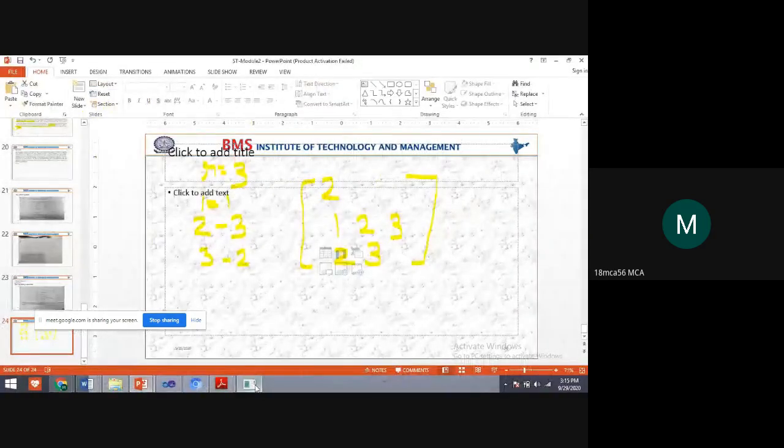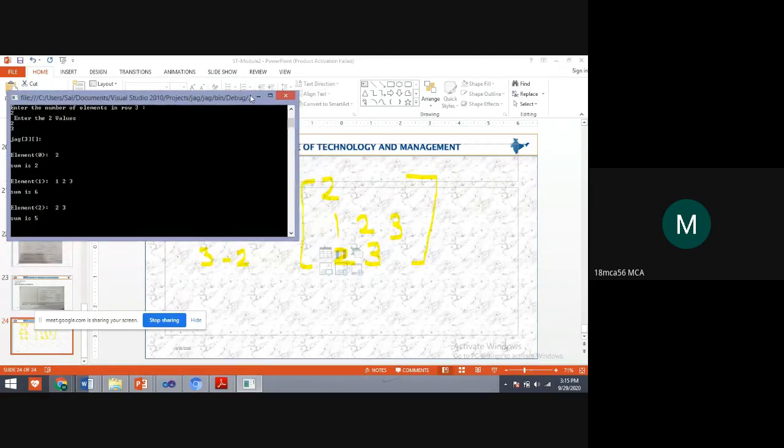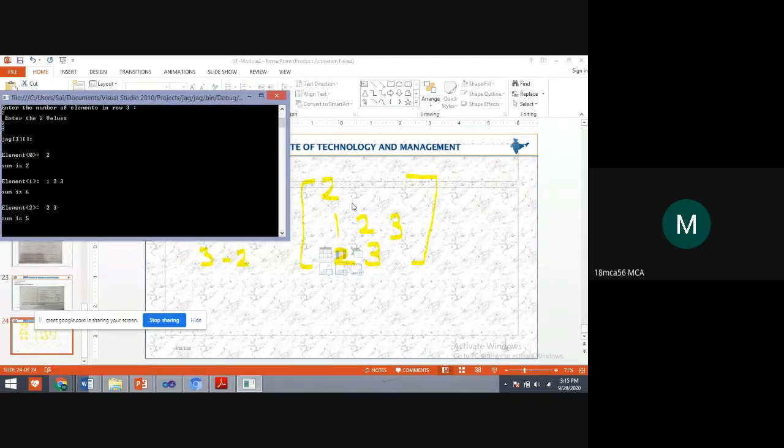Now coming to the output. Here the sum of the first row is 2. Students, you can see the PPT also, no? If I do slideshow, then you cannot see the output screen.